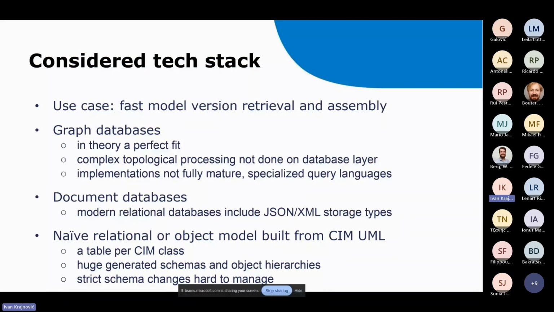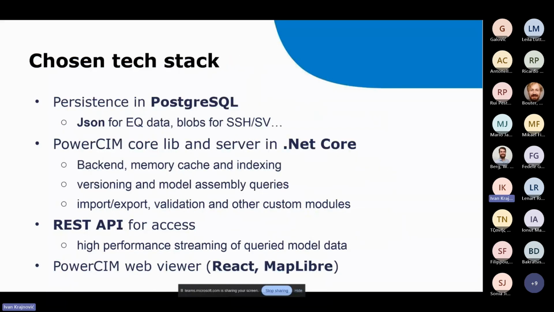All these problems when you use a strict schema and auto-generate a model, create tables from some UML definition. It's hard to manage. So we decided, okay, we use the most simple relational database open source that we can. We use Postgres. The data was put inside in JSON, so it's schemaless. Really, we do late validation via models. We do validation, but our database on the lowest layer can store any SIM data. Doesn't matter if it's not according to some schema.